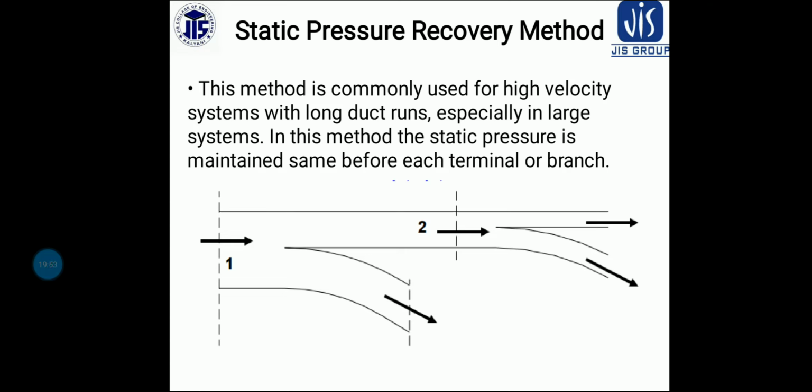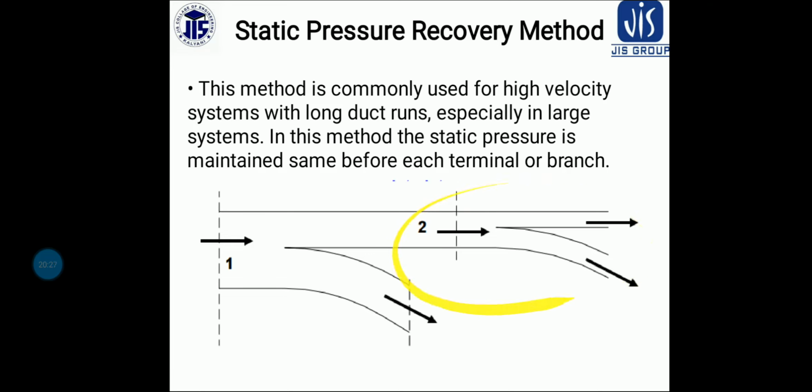Now a1 c1 is equal to a2 c2, where a1 is the cross-sectional area of duct section 1 and c1 is the velocity in duct section 1, and accordingly a2 and c2 are the respective values. So this is called the continuity equation for air flowing through a pipe, and we can write that if this is position 1, then 2 is taken here.